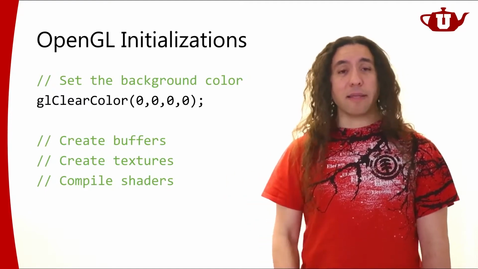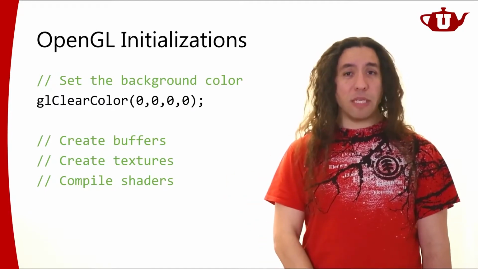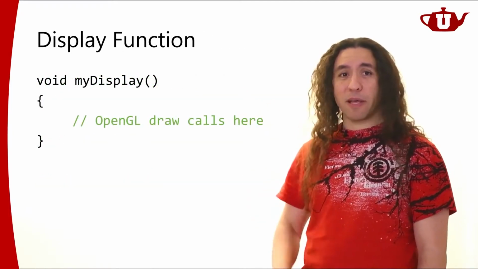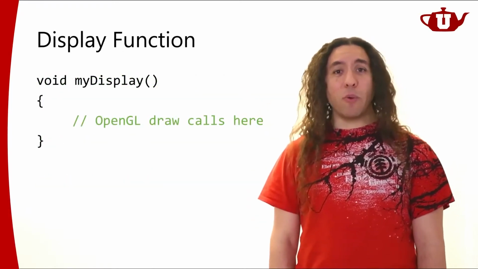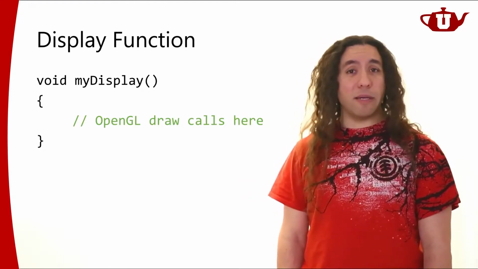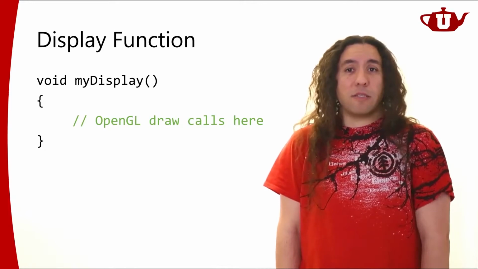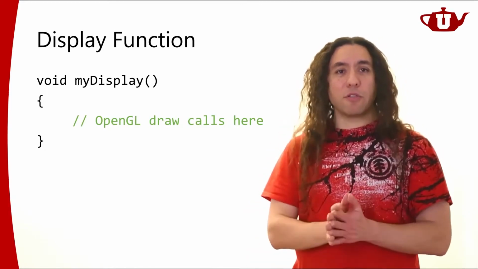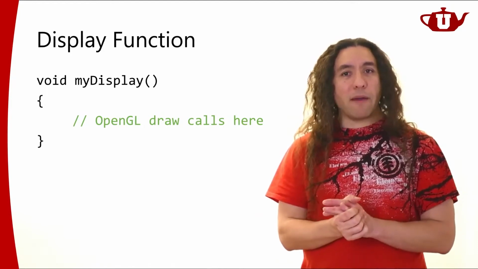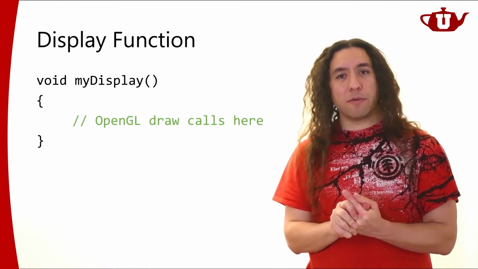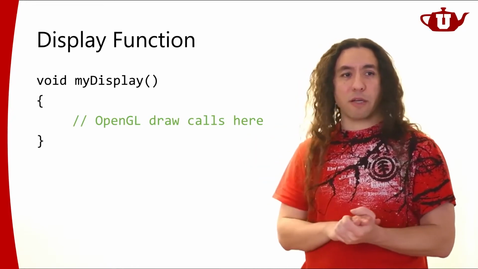And as it starts running, the one thing that it will absolutely need, and it will need your help with, will be this, the display function. So yeah, it created a window for you, but it's not drawing anything on that window. It doesn't know what to draw on that window. The API just gave you that window for you to draw. So whenever it needs to display something inside that window, it's going to call this display function.